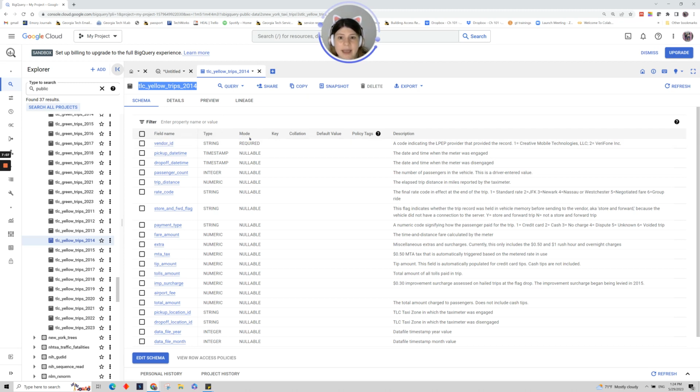I have the type. I have the mode. And there's also a few other things here. And this table is really great because it also provides a description, so we don't have to guess what the data is. Most tables, this is going to be blank, and you have to do some research to figure out if you